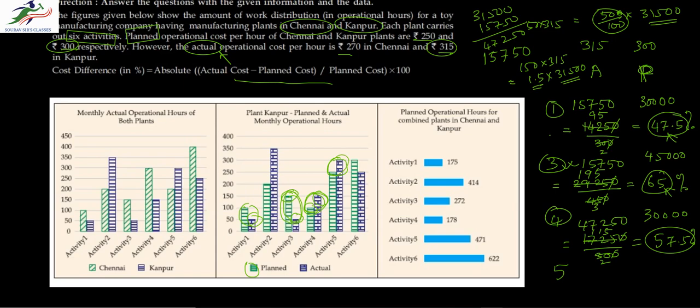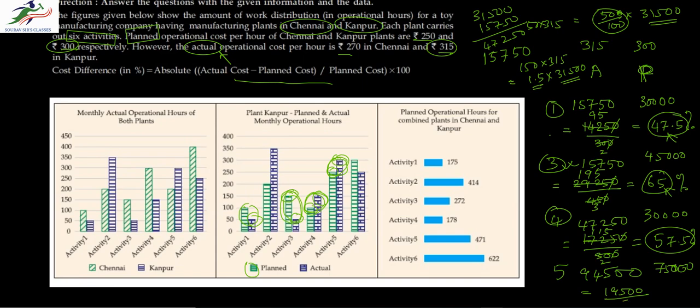And then finally we go for activity 5, where we have the actual as 300. So 300 into 315. So 3 times 315. So that would be 0, 0, and then 3 fives are 15. 3 ones are 3 and 1 is 4, and 3 threes are 9, so 94,500, and we have 250 as the planned one. So 250 into 30,000 is 75,000. So therefore we get 19,500